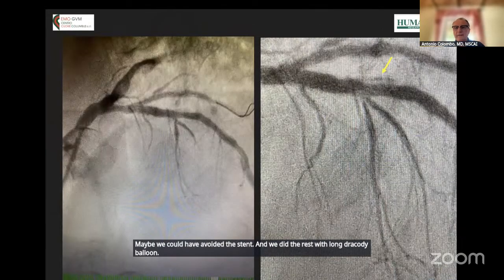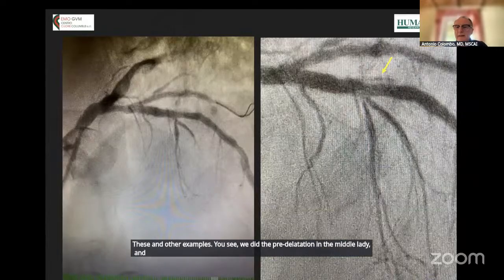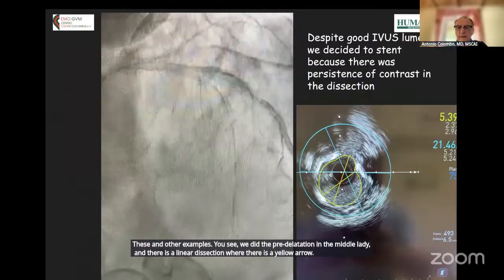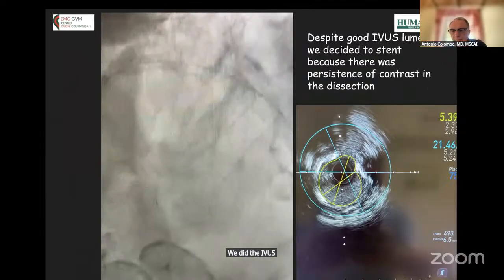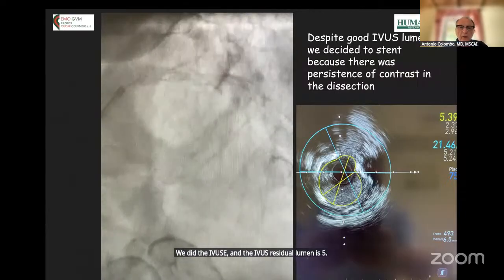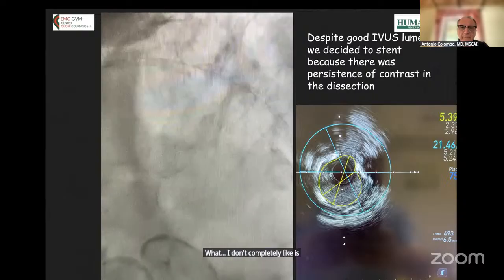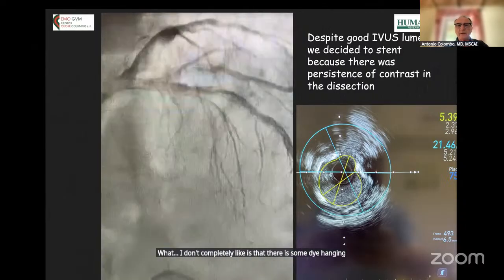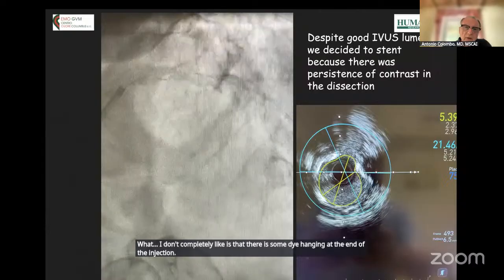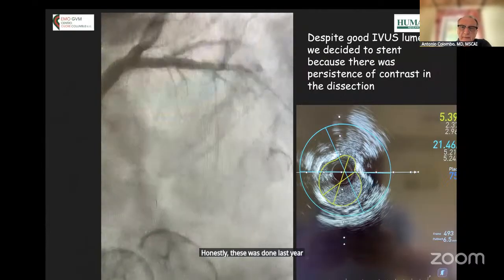This is another example. You see, we did the pre-dilatation in the mid-LAD, and there is a linear dissection where there is a yellow arrow. We did the IVUS, and the IVUS residual lumen is 5.39. What I don't completely like is that there is some dye hanging at the end of the injection. Honestly, this was done last year. Maybe nowadays we will